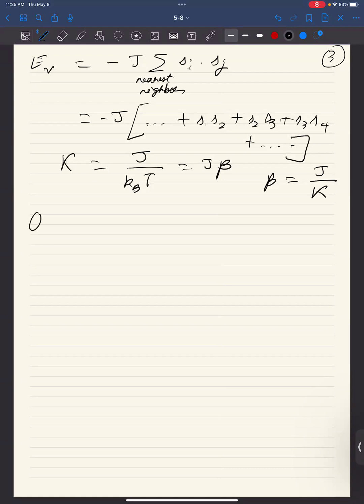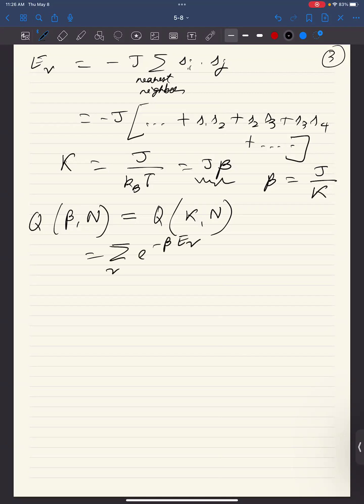So my partition function, the canonical partition function for the full system, Q of beta n, is the same as writing Q of K n. You can remove beta and think about K, because now K is capturing the value of beta. It's beta multiplied by J. So I'm going to write down Q of K comma n, and that is going to be summation over mu of e to the power minus beta E nu. So if you put the value of E nu in this equation, if you put this thing over here, if you put the value of E nu in this equation,